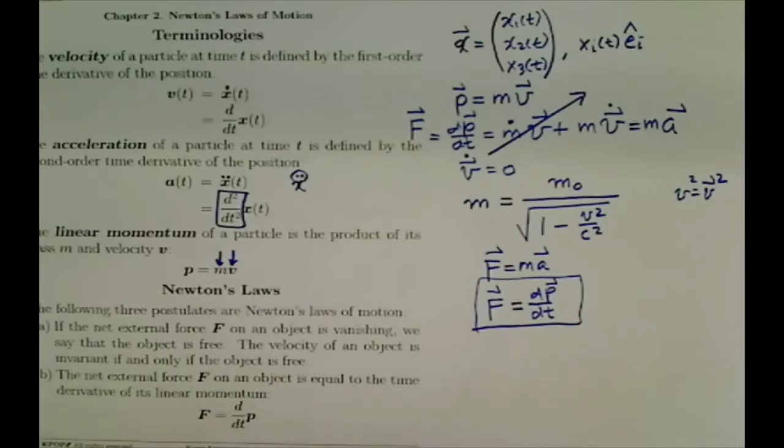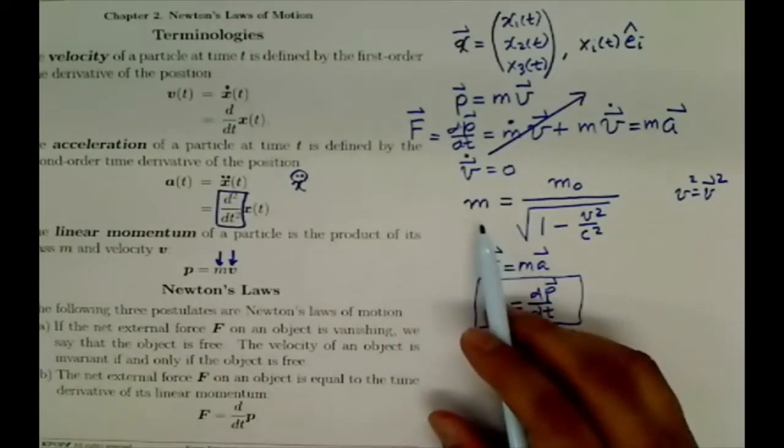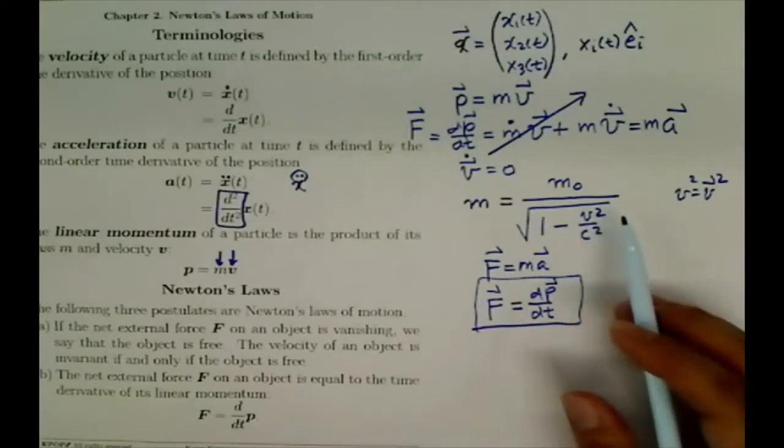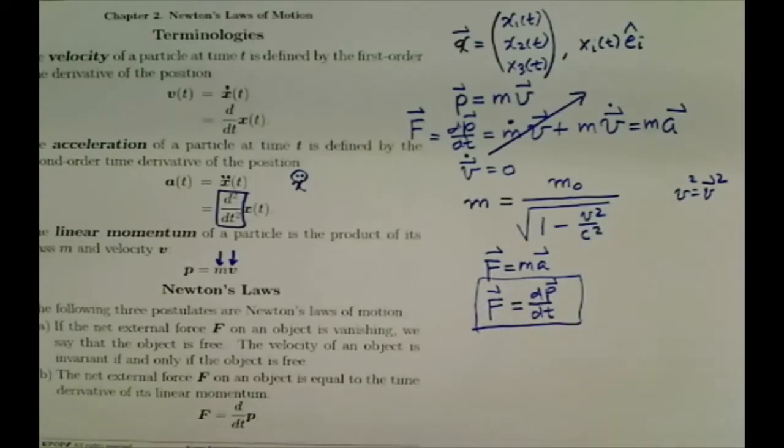Because the magnitude of the velocity of any particle is always less than the speed of light, the denominator is always less than 1. Anyway, the mass depends on the velocity, and actually the velocity increases as it